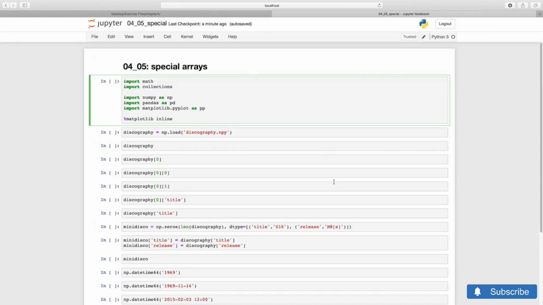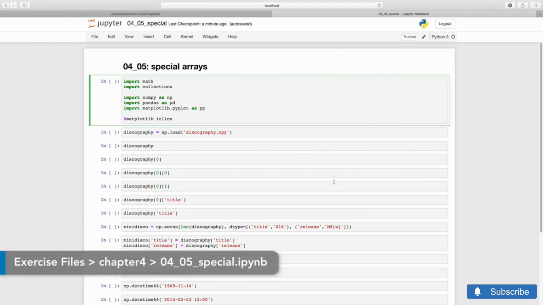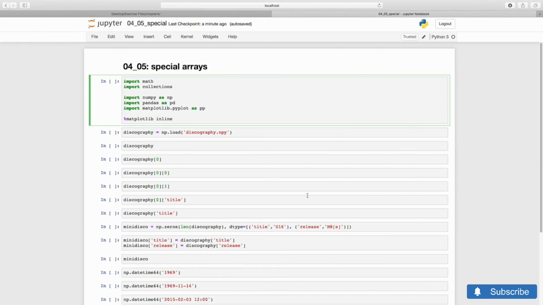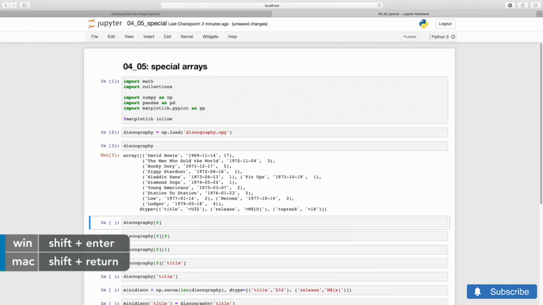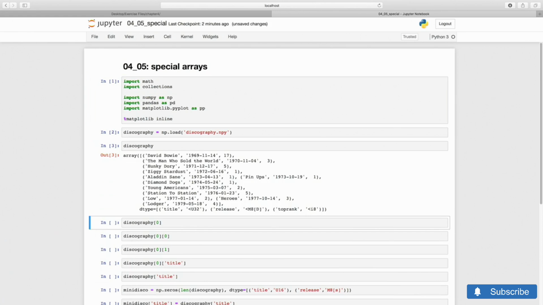In the last video for this chapter, I want to show you 2 NumPy features that are not always covered in tutorials, but are still very useful. One is record arrays, where we can mix different data types and give descriptive names to fields. The other is datetime objects, which, as the name says, can encode a date and time. Let us load up a simple example of a record array, which I have prepared in the NumPy binary format. This is a partial David Bowie discography. Each entry shows the record name, the date of release, and the top rank in the UK charts.